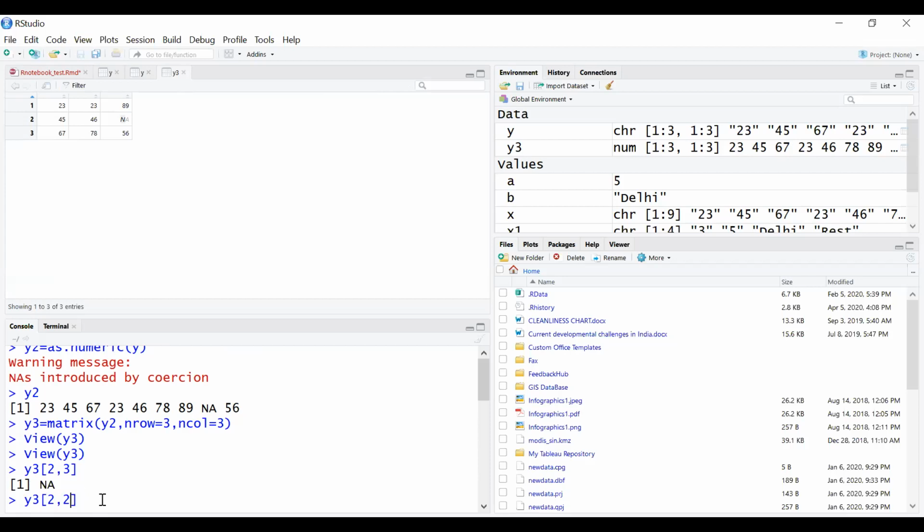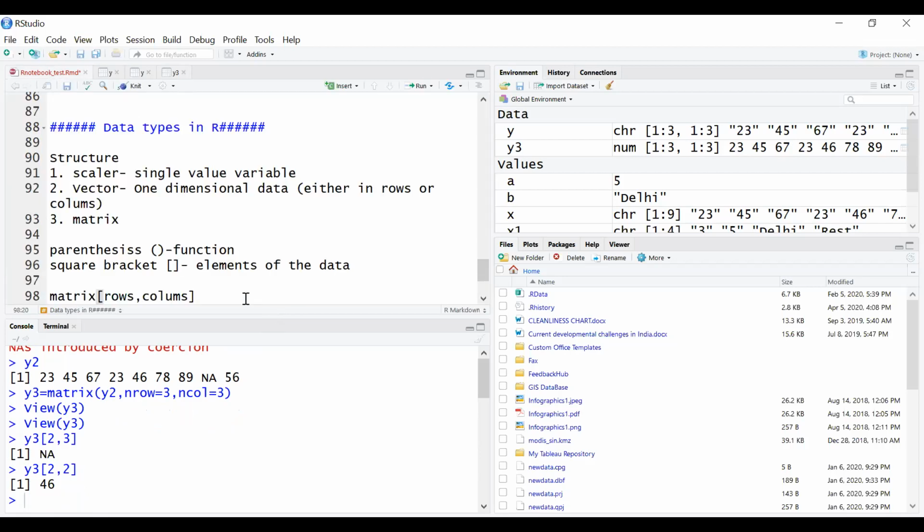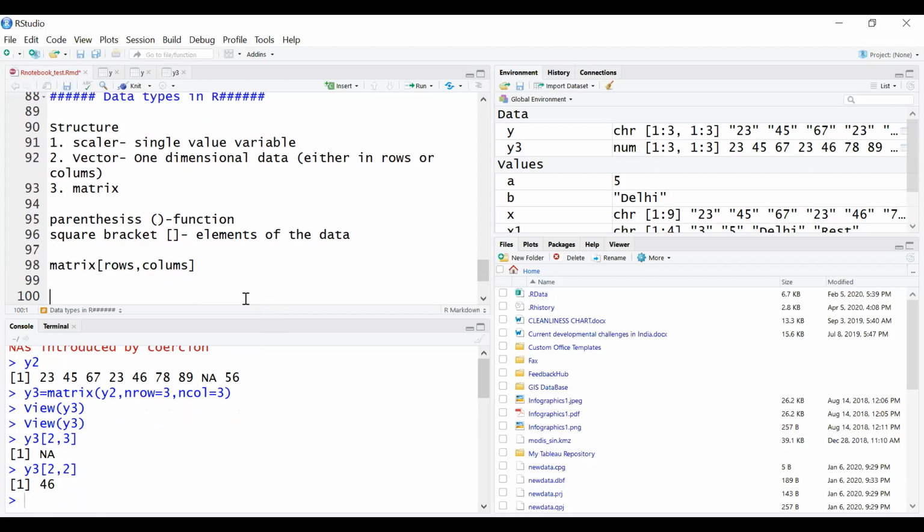Second row and second column, the value should be 46. Okay, this is the value. So this is how you define your matrix element actually. Now, interestingly, what we can do, I think this is very useful for a large matrix, because right now I'm showing a very small matrix, but if you have a very large matrix, you can also filter your matrix by this arrangement. So if I say matrix, this is a variable, and if I say comma,